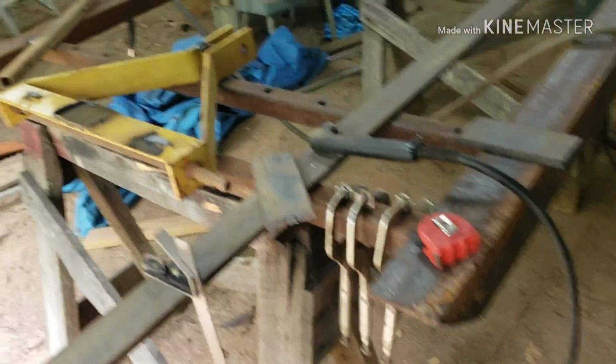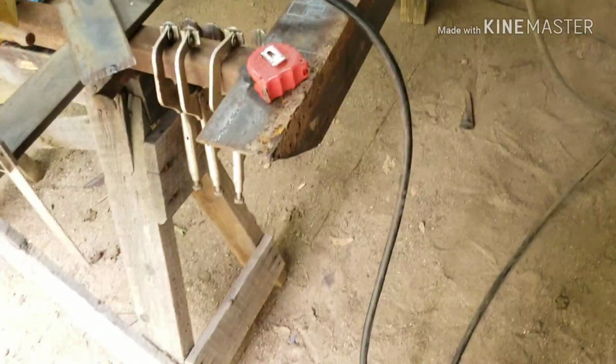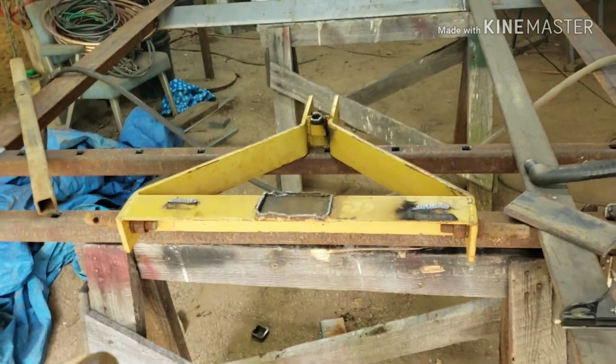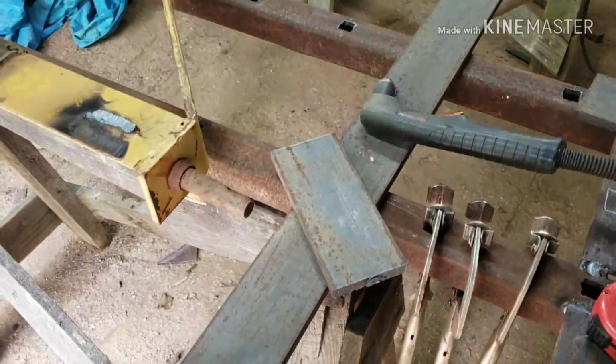Alright guys, got my frame squared up. Got it as level as I could and as squared up as I could on sawbucks in the dirt floor. We had an old blade that we bent doing snow removal. I cut the 3-point hitch off of it, so I ain't even got to make one. I was gonna make it out of this stuff, but it's a little super heavy duty, a little thicker. This I did buy this piece,